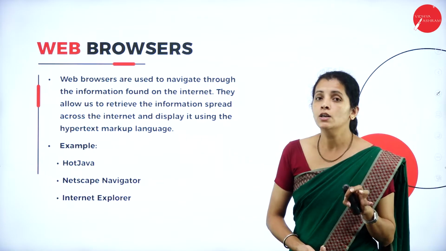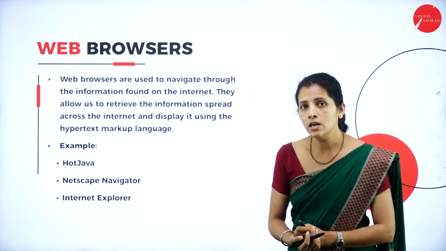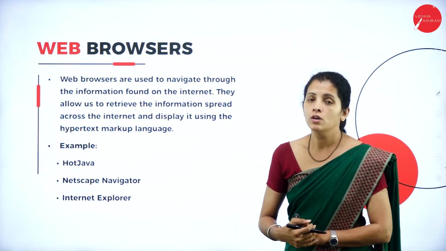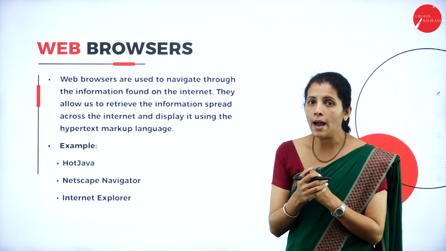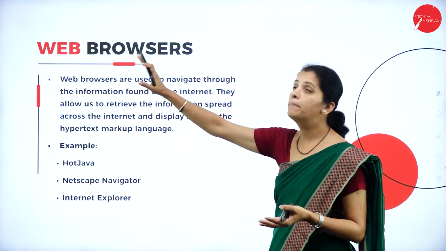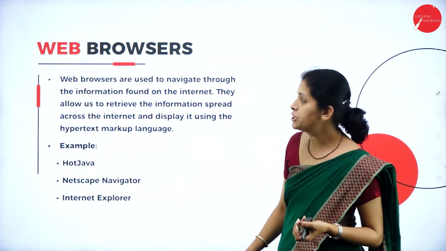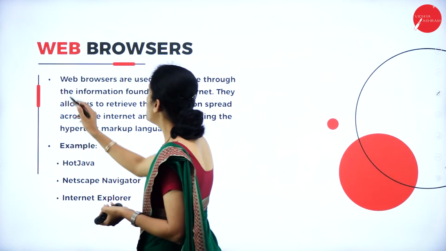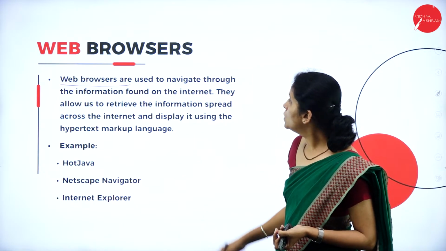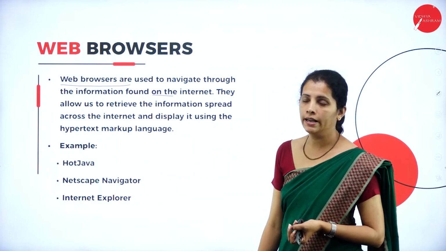So dear student, to run my applet program, I required net connection or internet. Now to run my applet program, I required some software. So here web browsers are nothing but the example for an application software. So web browsers are used to navigate through the information found on the internet.